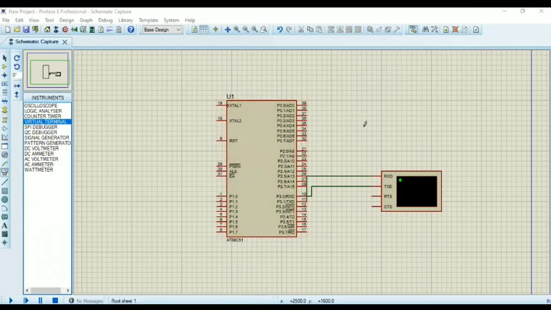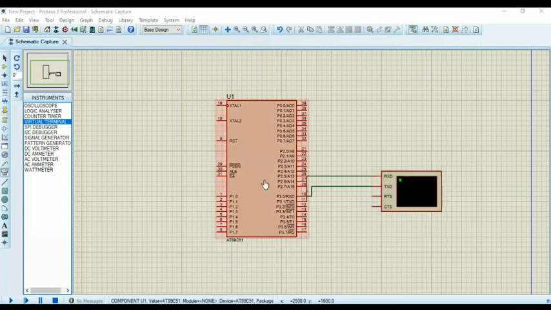The virtual terminal's TXD port is connected to the RxD port of the microcontroller, which implies that the data is transferred from the virtual terminal to the microcontroller, and the TXD port of the microcontroller is connected to the RxD port of the virtual terminal, which implies that the processed value in the microcontroller is given to the virtual terminal. After that we run the program.